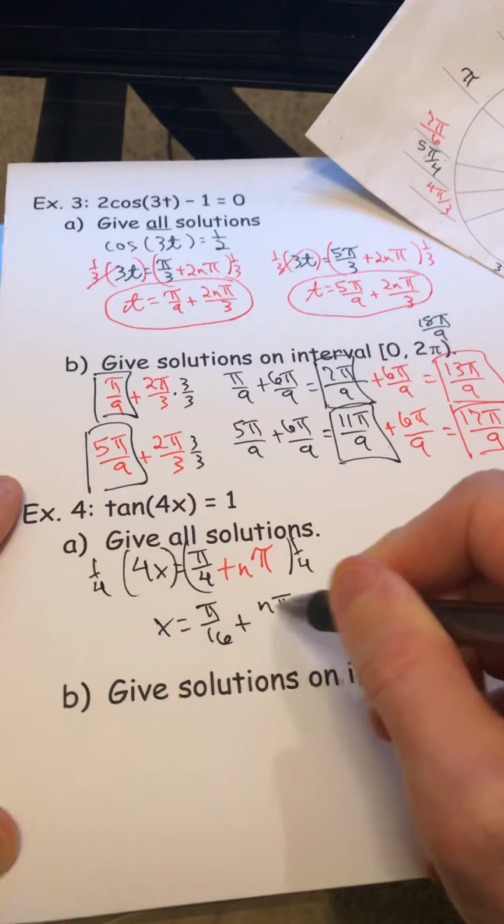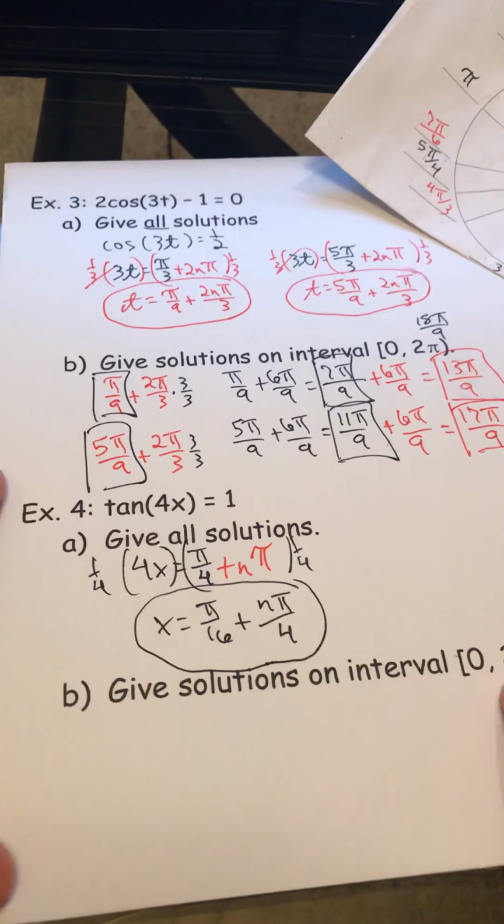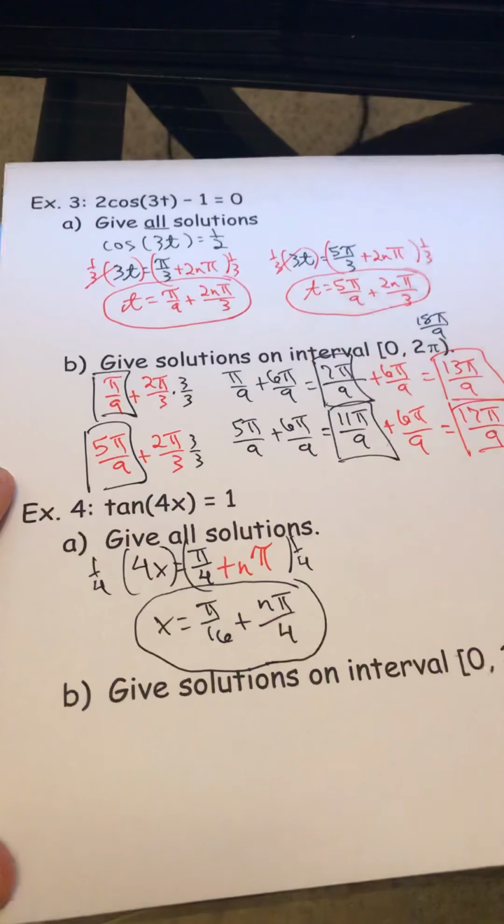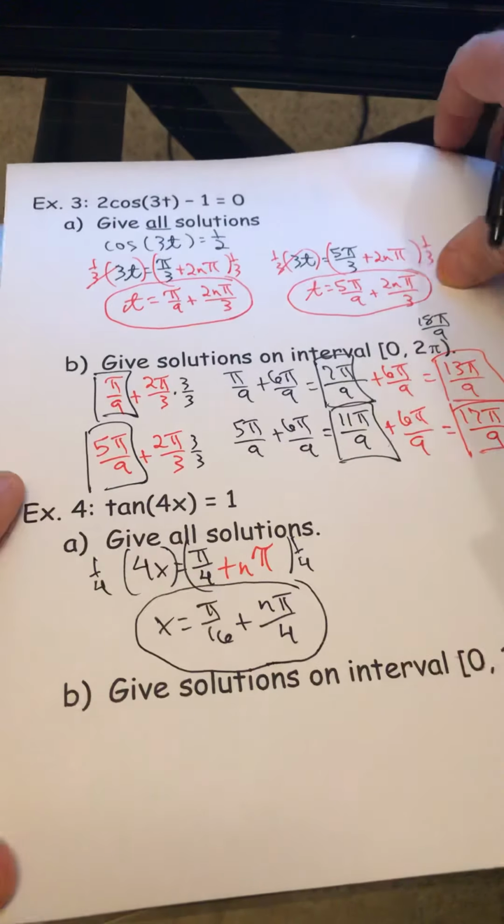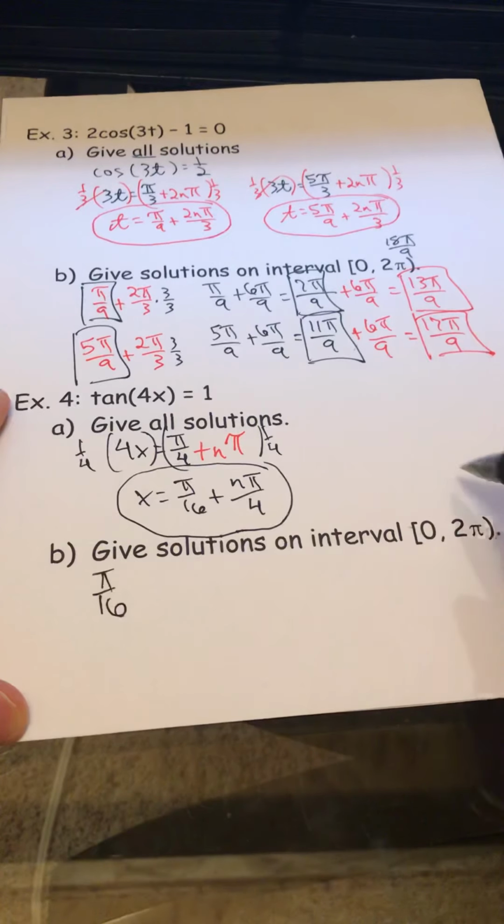So those are all solutions. Now, from here we are looking at giving all solutions on the interval from 0 to 2 pi. I will tell you there are going to be quite a few of these. As we go from here, I'm going to start out at pi over 16. The other thing you might want to consider is that 2 pi is the same thing as 32 pi over 16. Now, we are going to start by adding